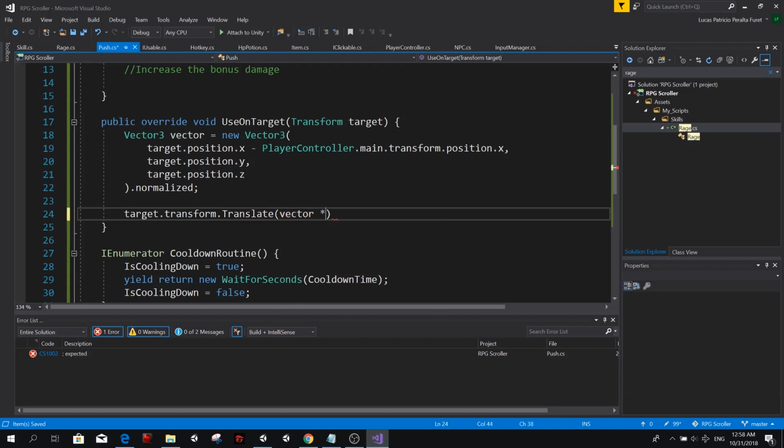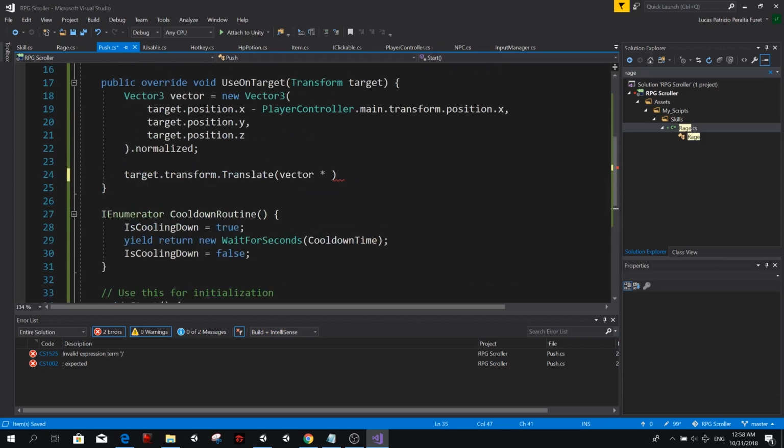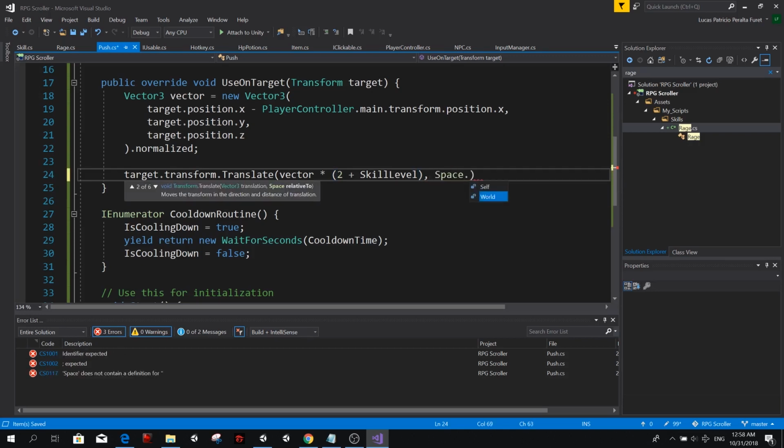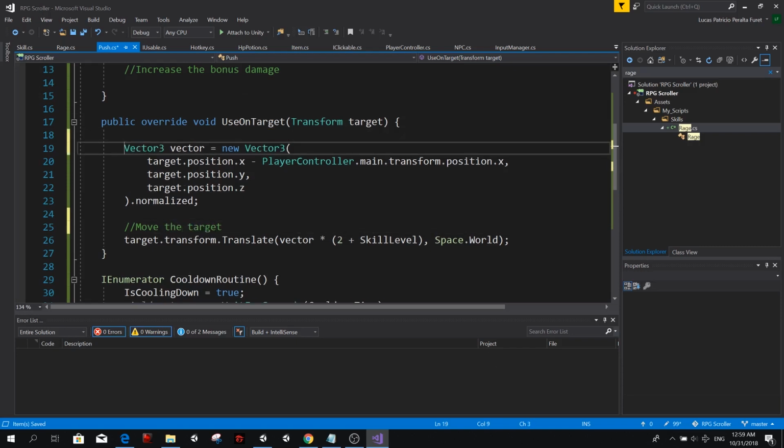This vector is going to be multiplied, as we can see here on the skill description, by 2 plus skill level. So we're going to do a 2 plus skill level, so that when we increase the level of our skill, the enemy is going to be pushed even further away. And we need to also set the space, which needs to be relative to the world. Otherwise, the enemy is going to move to its left. Let me make some comments. Move the target. Calculate direction in which the target